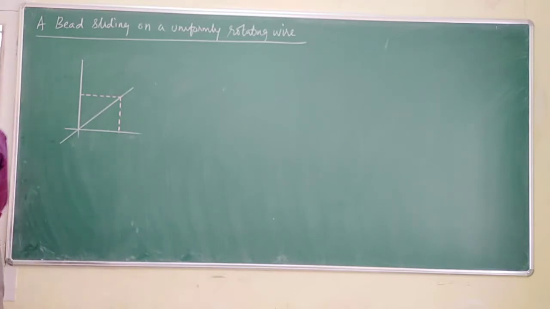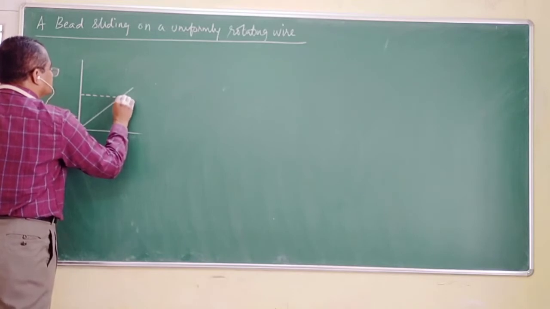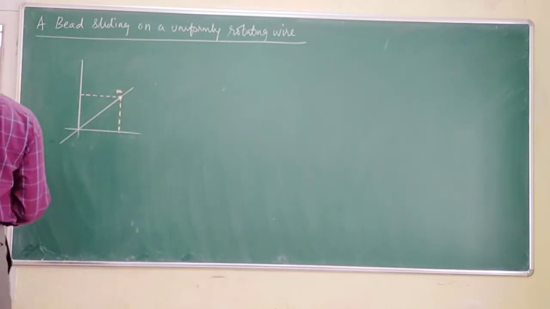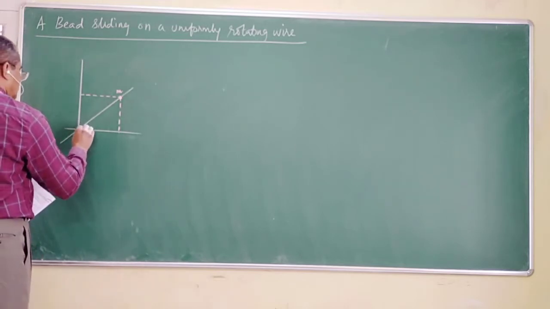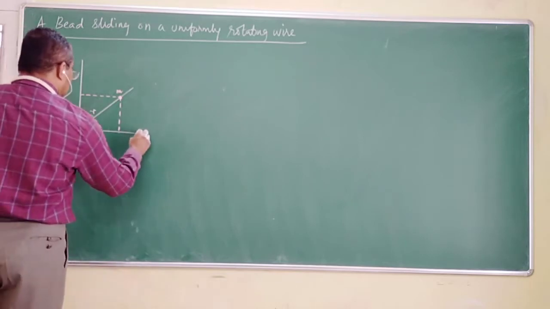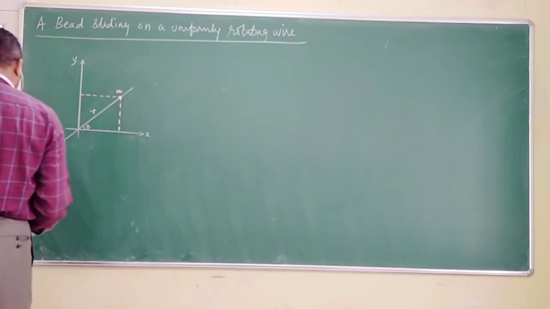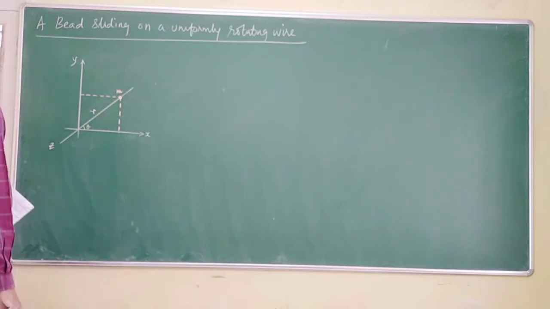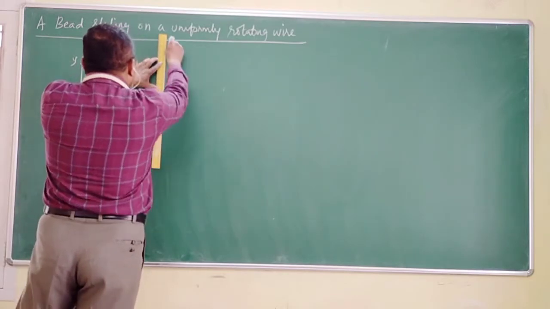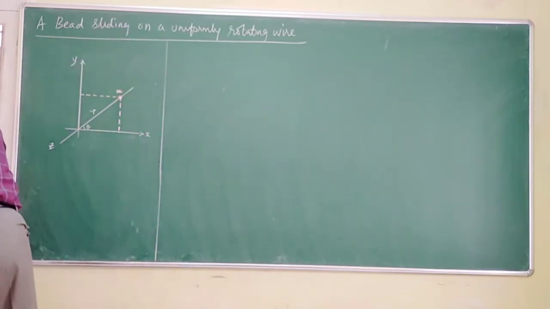Say the bead is somewhere here, okay? And let me take the mass as m. Theta, this is r. This is the x-axis. That is the y-axis. This must obviously be the z-axis then, okay? We will make a few assumptions here. What are the assumptions? I will make a note of that here.